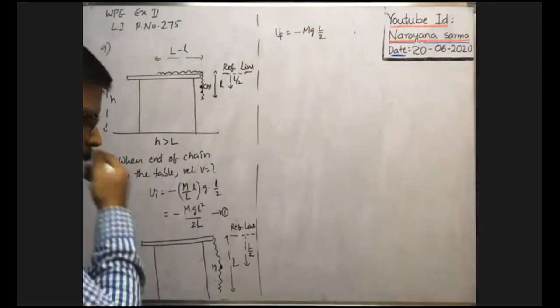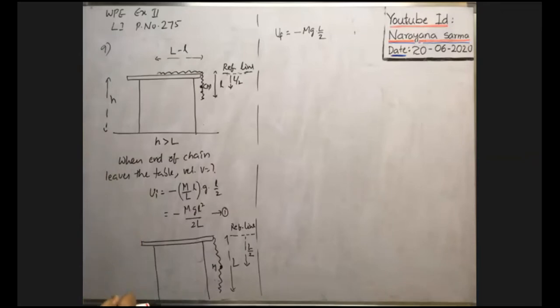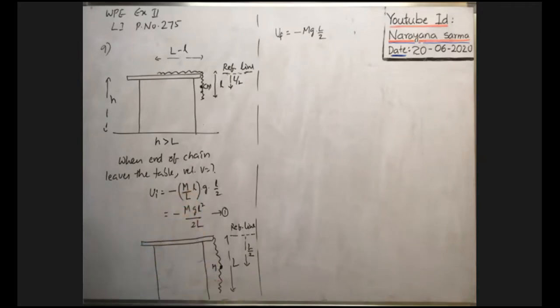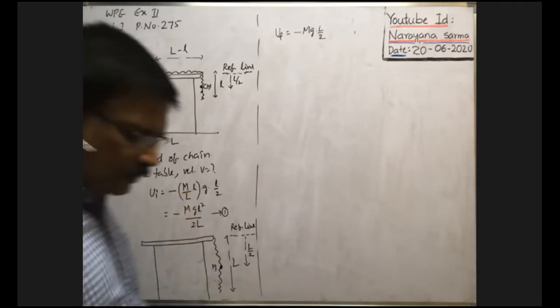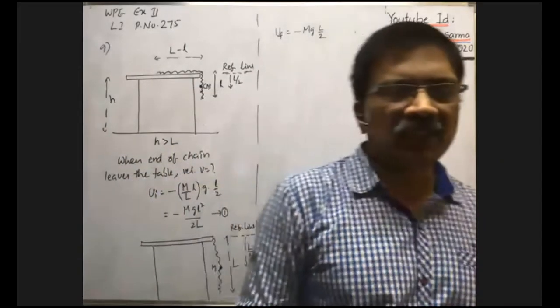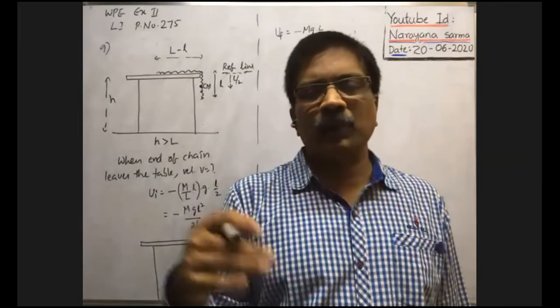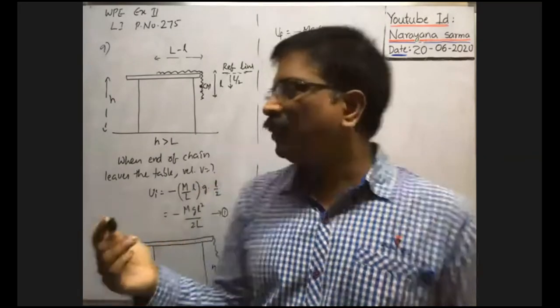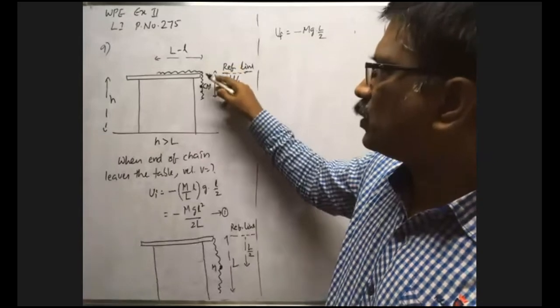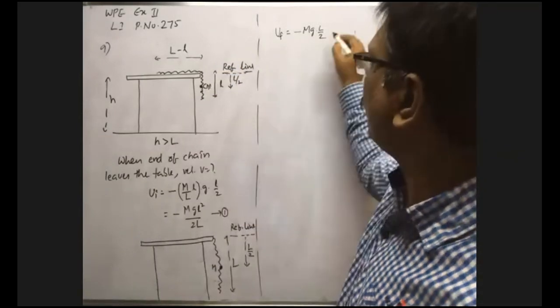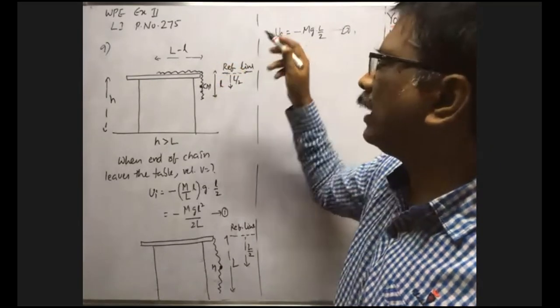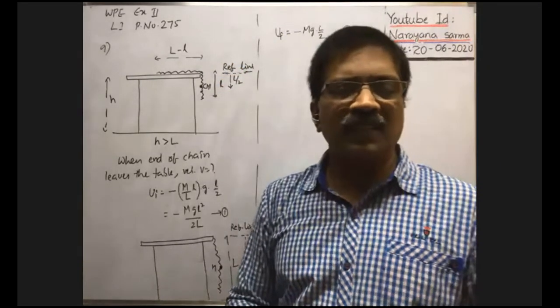Okay, therefore, what is the change in kinetic energy? Here, the loss of potential energy is equal to the change in kinetic energy, no? Because yesterday we already studied that according to the conservation of energy principle, energy can neither be created nor destroyed. Initially, the chain has this much potential energy, but whenever the chain is ready to leave the surface of the table, at that time the final potential energy is this one. So what is the loss of potential energy?